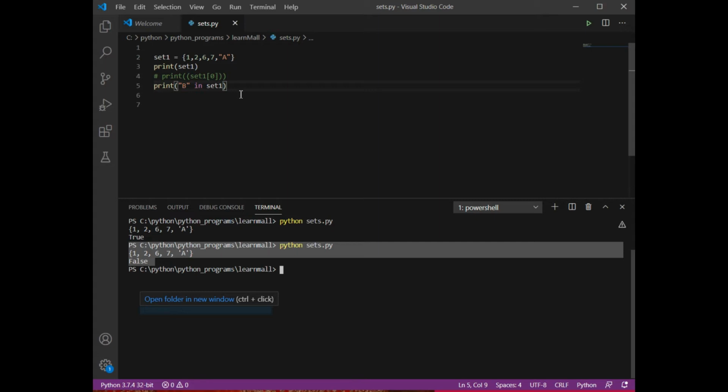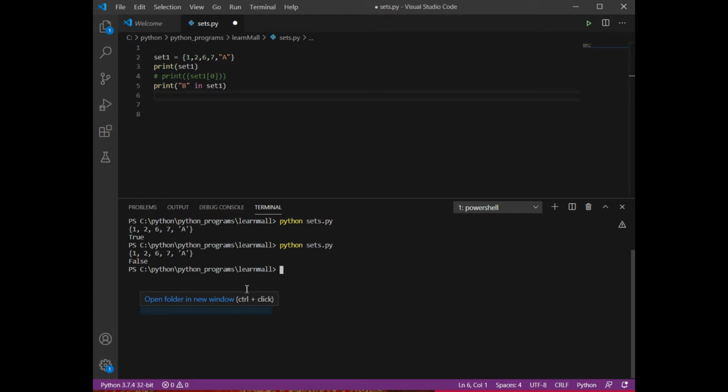So see, the next thing that we are going to discuss is about the updation, deletion and insertion operation. Now see, there is one more property of sets, that sets are unordered. What do I mean by unordered? If I am trying to display the elements of my set, every time my set can appear in a different order. It's not mandatory that set elements appear in the same order in which we have defined.